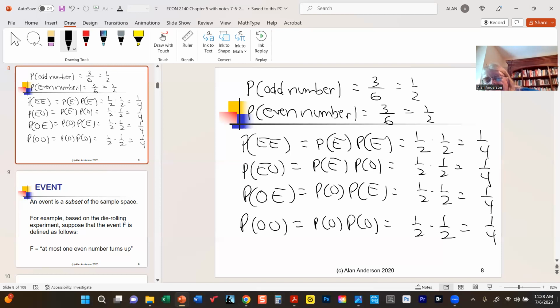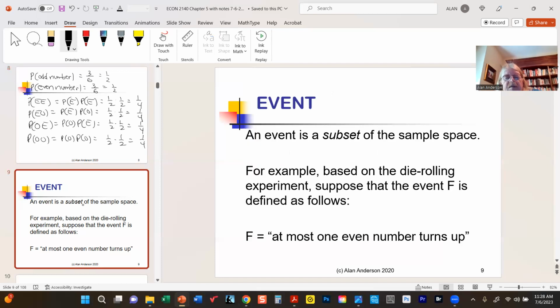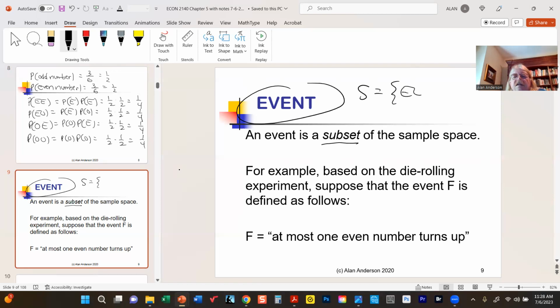Now, what we're trying to do is figure out the likelihood of certain things happening. So, for example, now we're going to define a very important concept, and this is the notion of an event. And you notice it's defined as a subset of the sample space. Now, we reviewed set theory briefly the other day. A subset is a set that's contained within a larger set. So just as a quick example here, remembering that S equals the set that contains EE, EO, OE, and OO,